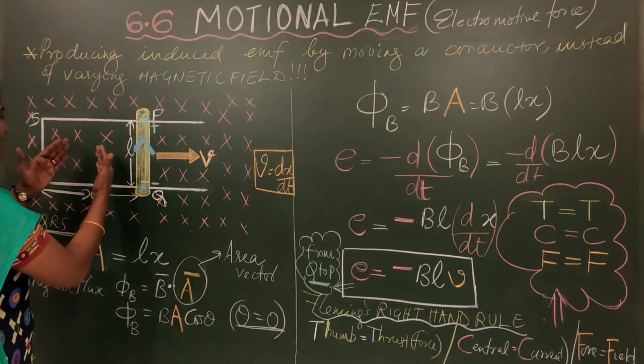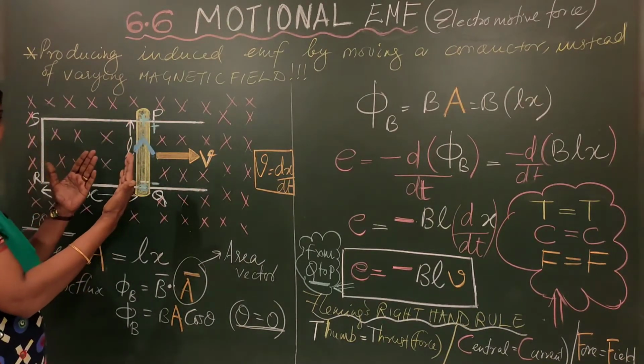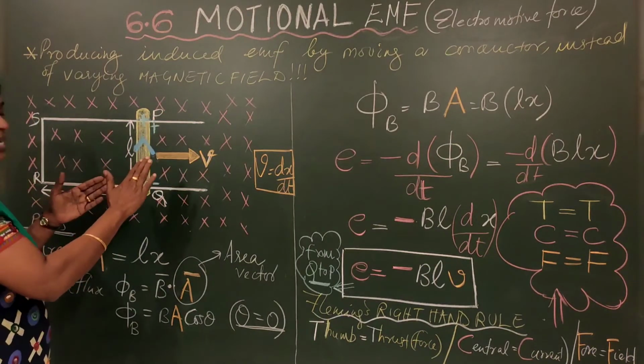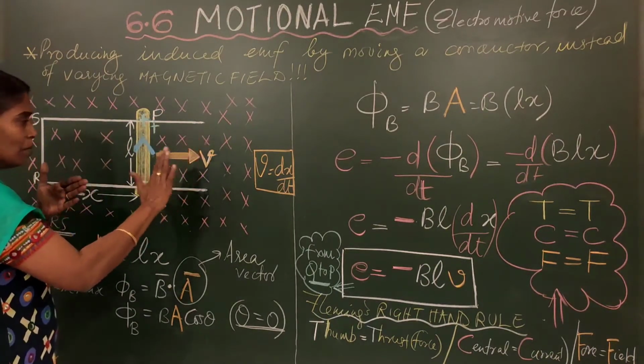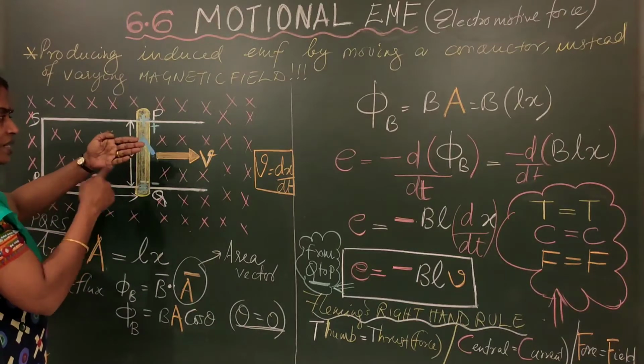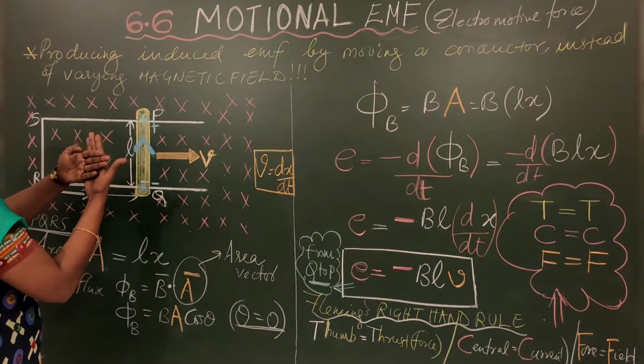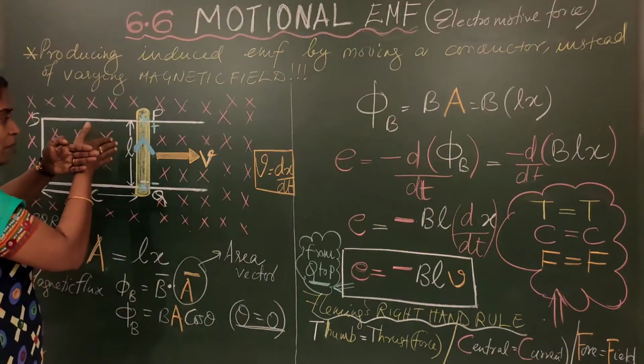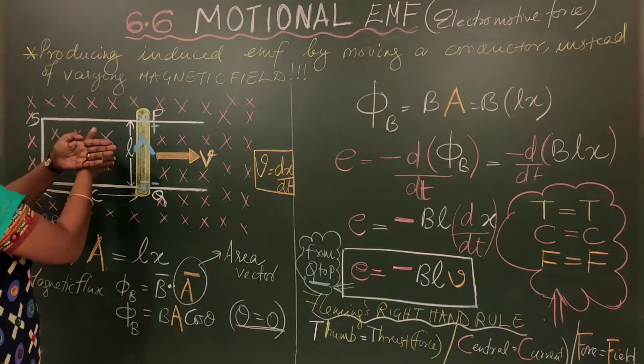Now, area vector is usually taken as outward drawn normal to a surface. But here we are taking the surface beneath the wire. This is the wire. We are taking the surface beneath the wire. Means if this is the loop like this, you are taking this surface. Means what's the normal? Normal will be well into the plane of the board.